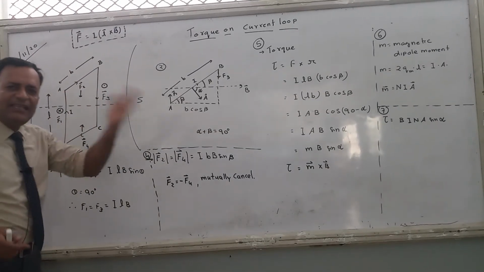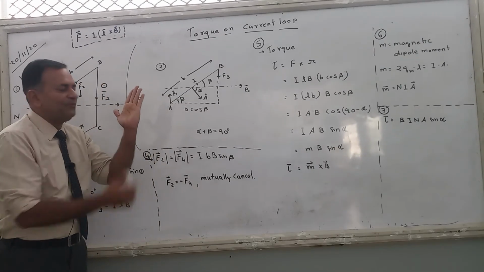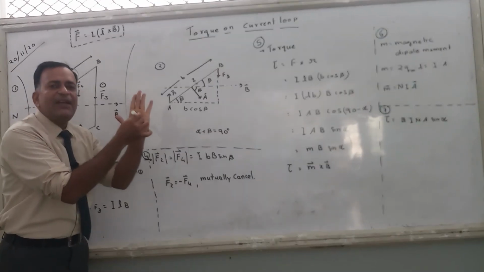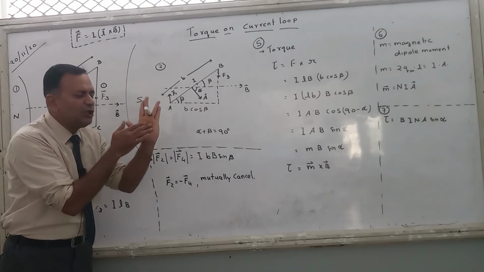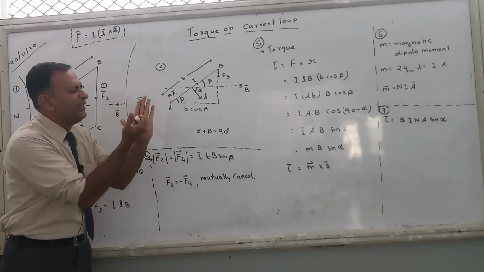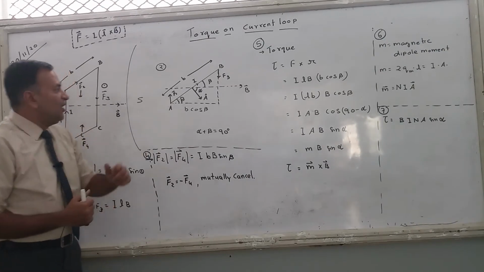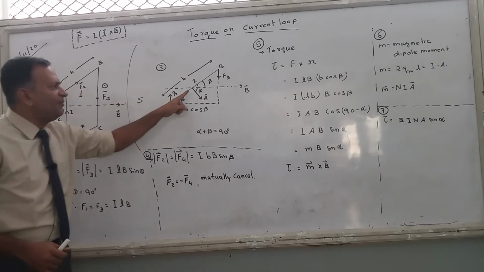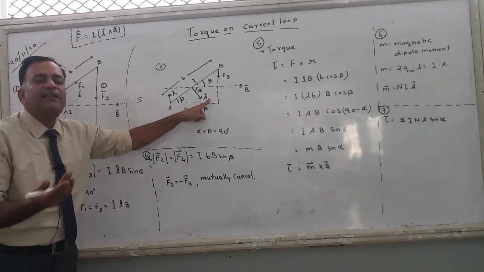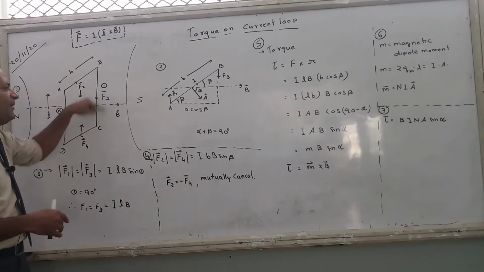Area vector. Yaad hai na? If this is my palm, this is the area vector of the palm. Area vector is perpendicular to the actual area. अगर ये area है तो area vector इसके perpendicular होगा. So if this is the area, this will be the area vector A. किसका area? किसका area vector है ये? Loop का area vector है. A, B, C, D का.